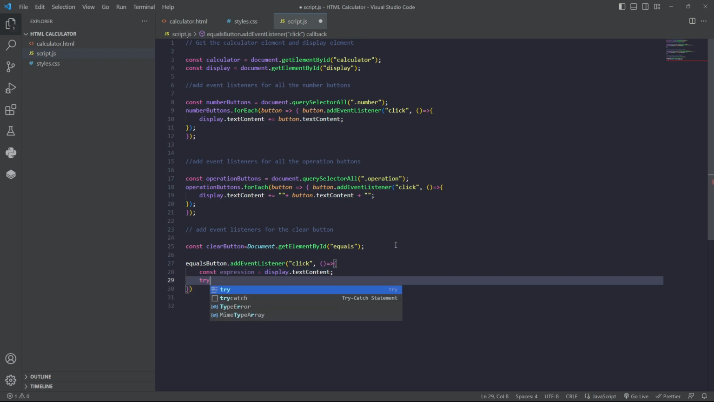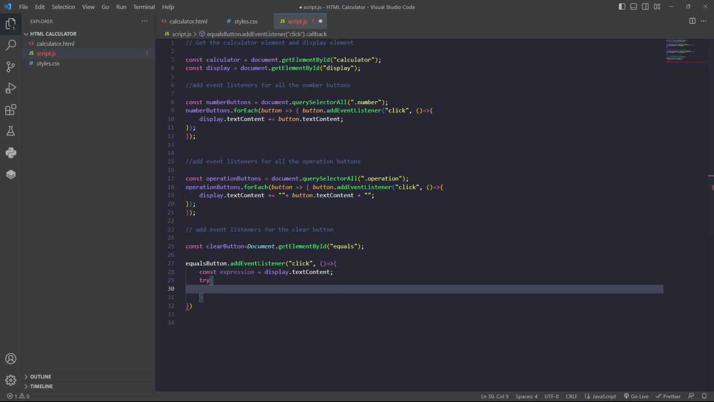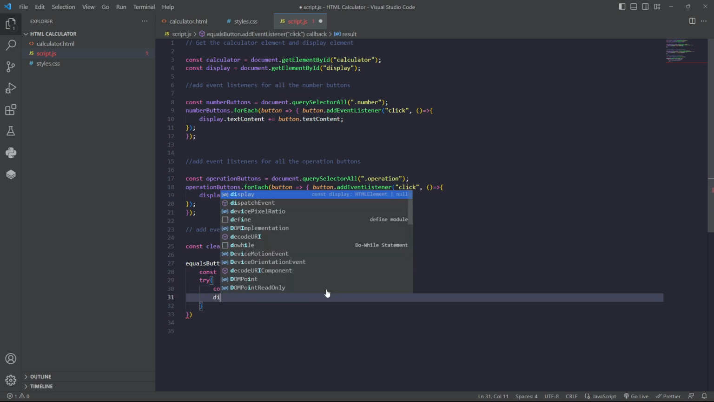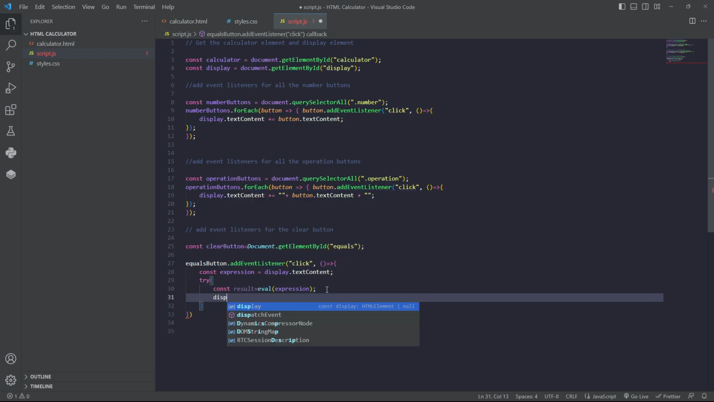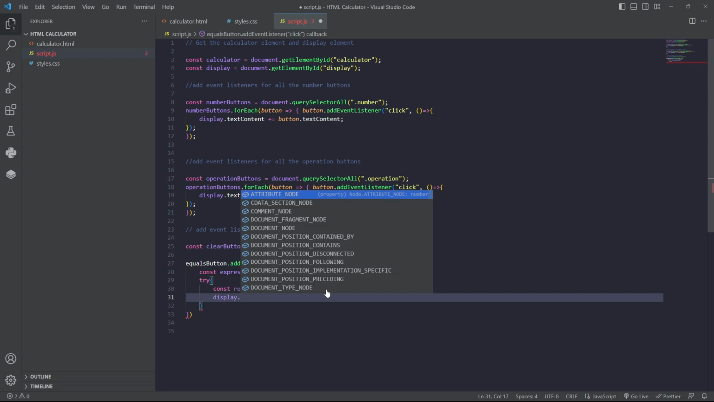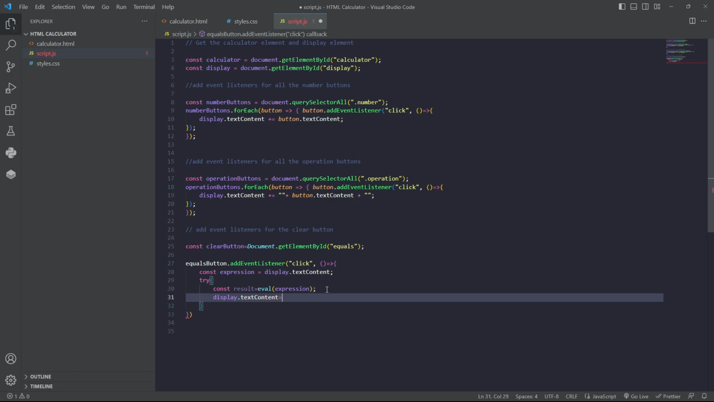Then we're going to do try, const result, and then we are going to do equals eval expression like that, and then we are going to do display dot text content equals result,